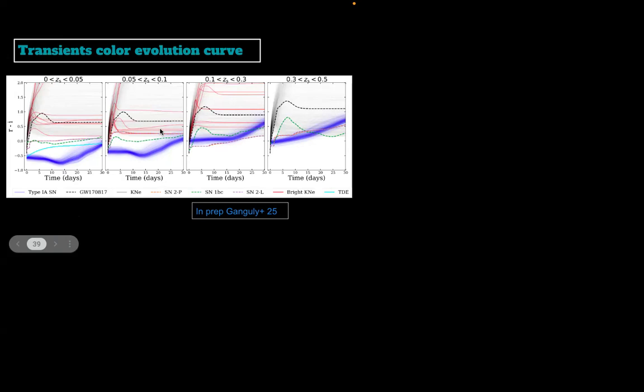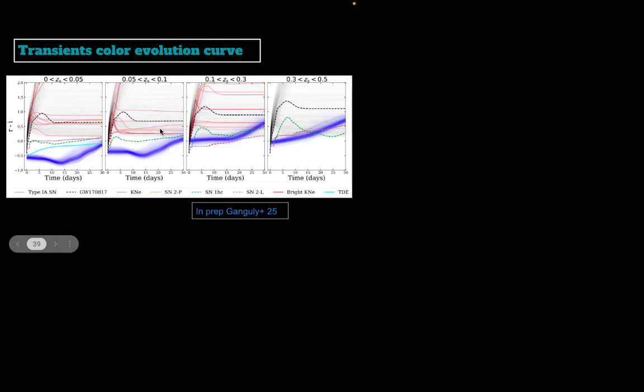These blue light curves are for type 1A supernova, and the gray light curves are from the different kilonovas in different redshift. And the red line, this is the bright kilonova, which we will observe in the LSST. They have the peak magnitude higher than the LSST limit. So here you can see that at a redshift greater than 0.3, there is no bright kilonova.